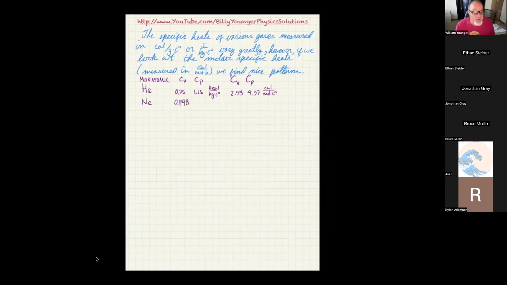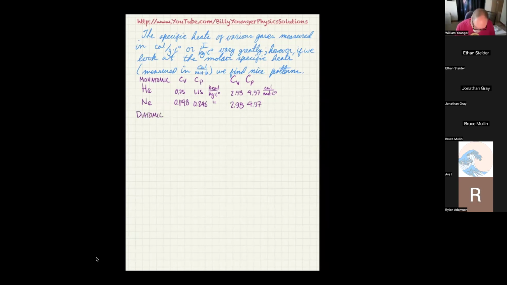0.148. And then for the other one, I get 0.246. And of course, that has the same units. But when I go over here, I get 2.98 and 4.97. Okay. Now, if I go to diatomic,